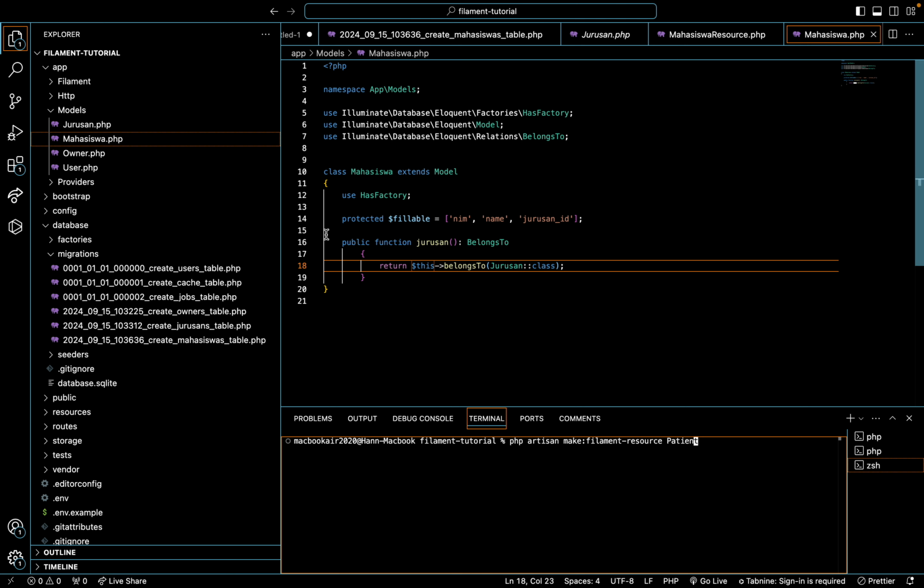You must change this to jurusan, the resource of jurusan, and it will make the Filament resource JurusanResource.php.